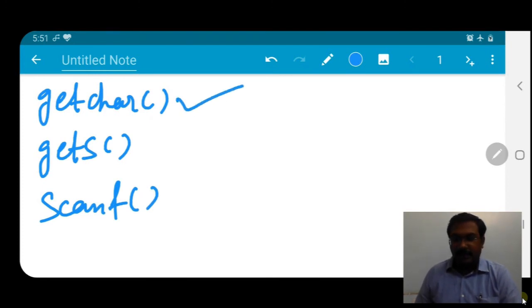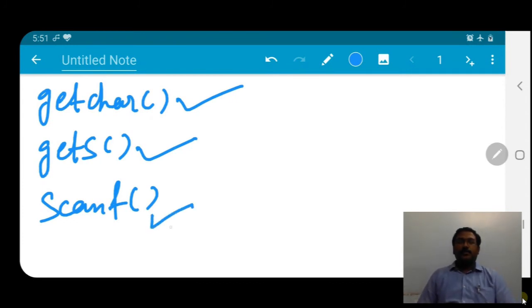Fine. getchar is to take input of a single character. gets is to take input of a string or multiple characters. And with scanf, we can take input of any value. It can be a single character, it can be multiple characters, it can be an integer, it can be a float, it can be a double value. Fine. So that is why we widely use the scanf function.